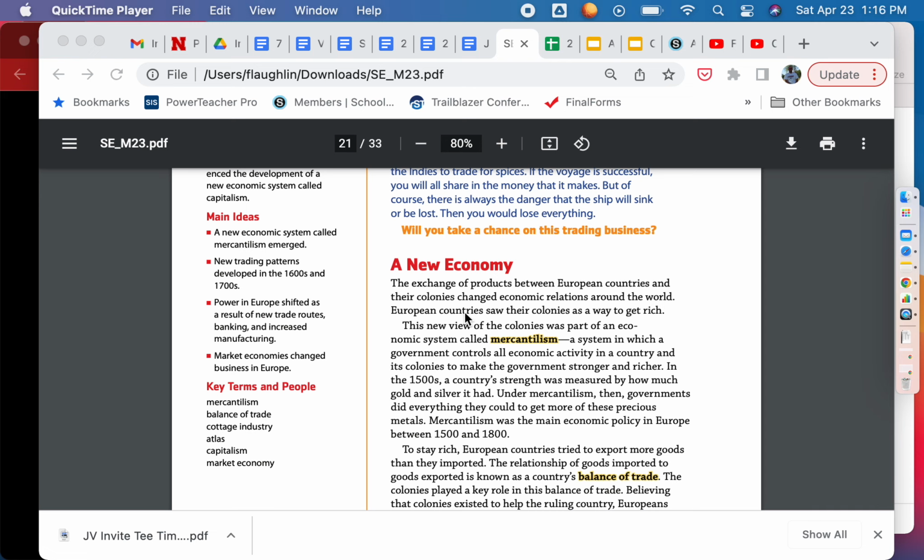Okay, European countries such as Spain, to begin with, are going to use mercantilism as they colonize down in South America. England and France are going to see Spain getting rich and powerful off this system. That's why they will want to come across to the New World also and set up their own colonies. It's for power, it's for wealth. All right, so go ahead and answer that next question, and then you can come back to the video.